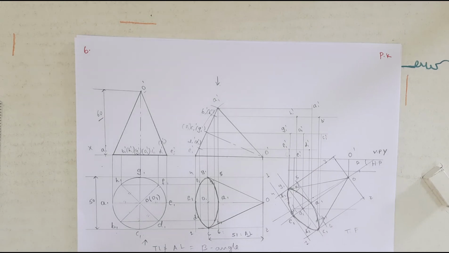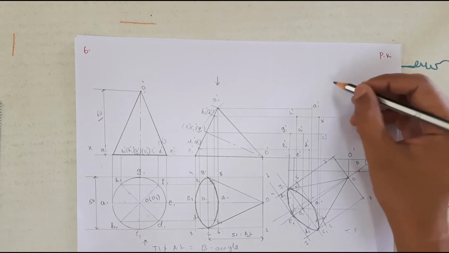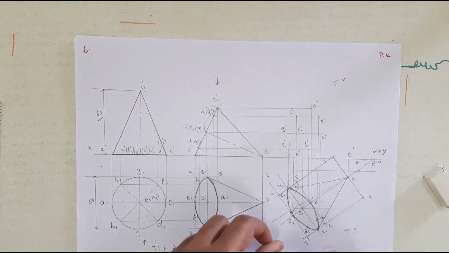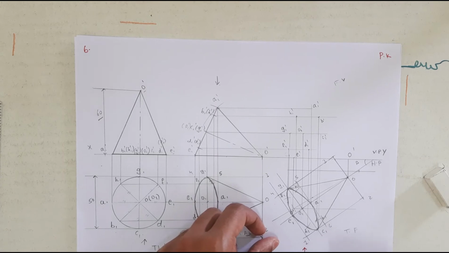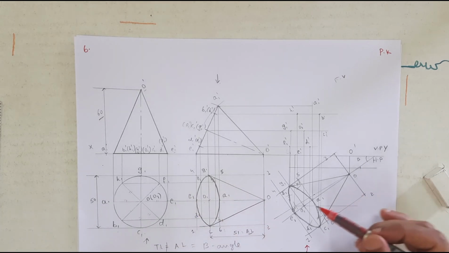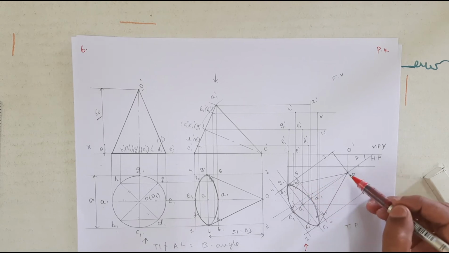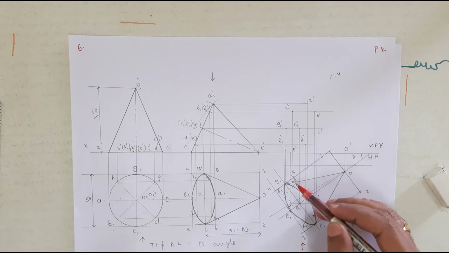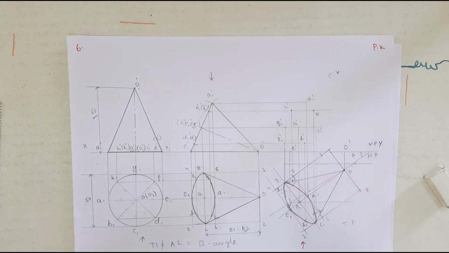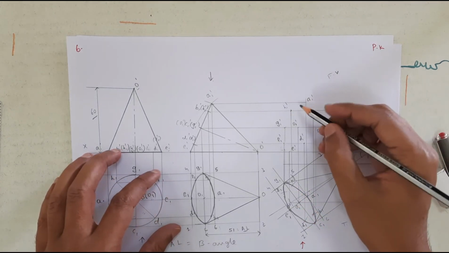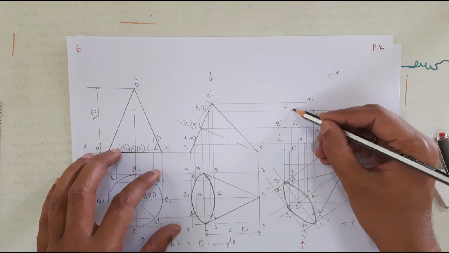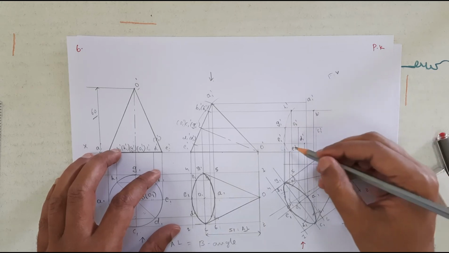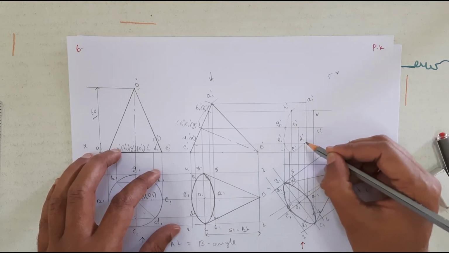What is the final step? We have to draw the final front view. So this is what we have to draw, the final front view. What is the first step? We have to identify the face nearer to the observer. So whether the bottom face is near, the apex is near, the bottom face is nearer to the observer. So what you have to do? The bottom face must be dark. Okay. So here also we have to join this with a smooth curve passing through all the reference points.